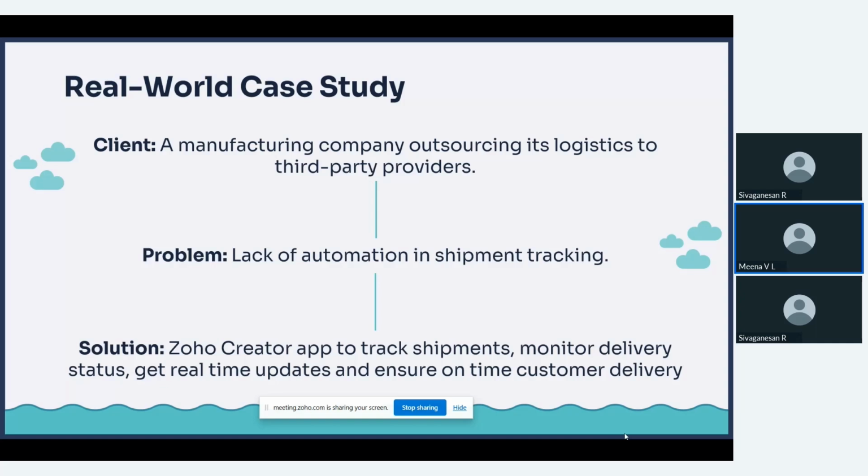Let's consider that you are a company that regularly dispatches goods to customers or distributors, but through a third-party logistics team, right? In that case, the third-party logistics team is doing all the deliveries needed for your company. But you would like to understand what shipments you have, and what you have to assign to the providers. It can be through some criteria. Maybe if it is from Hyderabad, you can assign it to one particular logistics provider, and if it is within Tamil Nadu, you can assign it to someone else, right? Based on some set of criteria, you can choose the logistics providers.